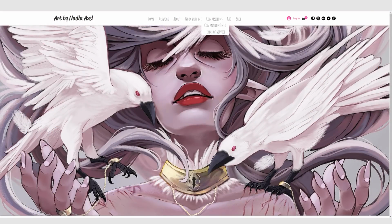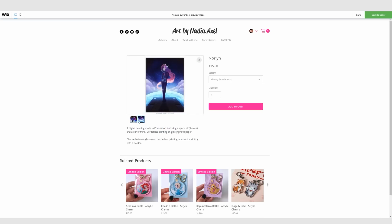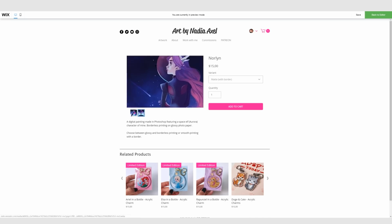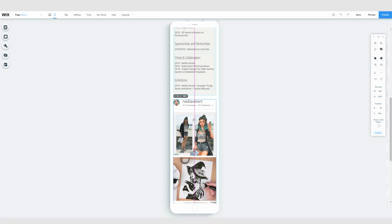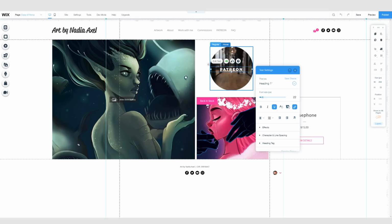I ended up going with the front page with the big picture as a background. So basically my entire website is built on trial and error and testing out a lot of different options. I think it's important to emphasize that you don't have to settle on your design forever. I, for instance, like to renew my website once a year, so something always happens. I also update my gallery with my newest pieces every month, as well as switching up the front page art